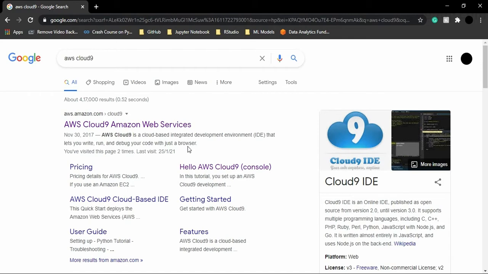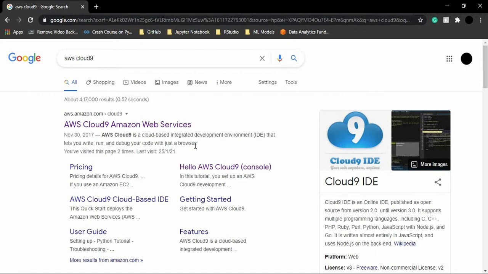So we don't need extra storage space on our machine, we don't need to install libraries on our machine, or we don't need to install specific software on our machine to just run that code. And also this helps us to easily push our code into any of the version control systems like Git, GitHub,